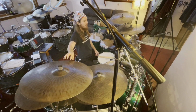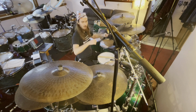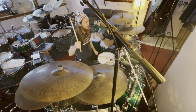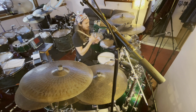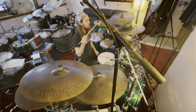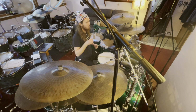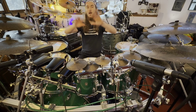The HHX Phoenix, as far as I understand, they would put the cymbal on the lathe and spin it, and they would take a piece of wood and put the stick on the cymbal, and because it was spinning so fast, it would actually burn the wood that they were holding. So the finish on the HHX Phoenix is basically burned wood on top of the B20 bronze that the cymbal is made out of. Anyway,